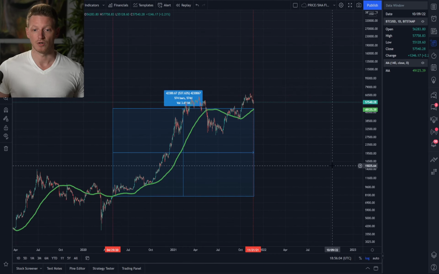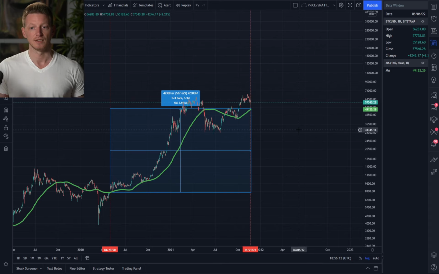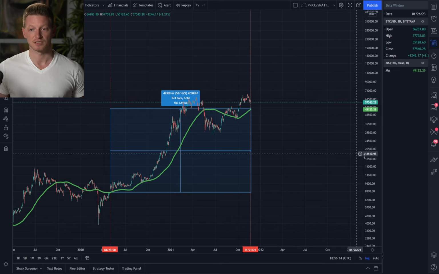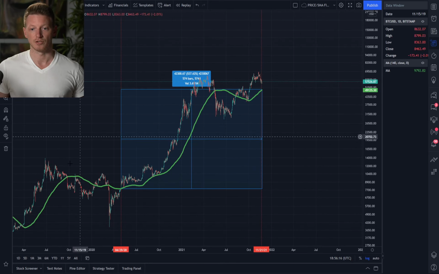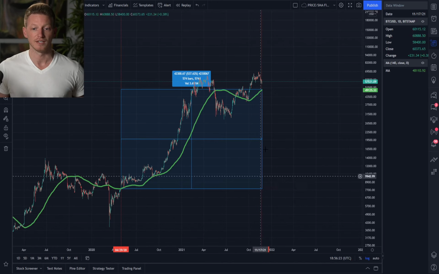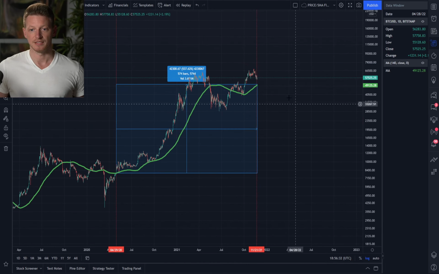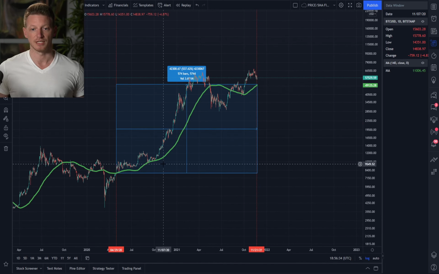Now, remember the market dynamics are quite different now than they were back in 2017. You have a lot of options trading, the ETFs, futures market. So there are many more players in the game. And if you thought people were manipulating it before, well, there's real big money in the market now. And I can assure you, they're probably doing the same thing. So we can never be certain exactly how this is going to play out.